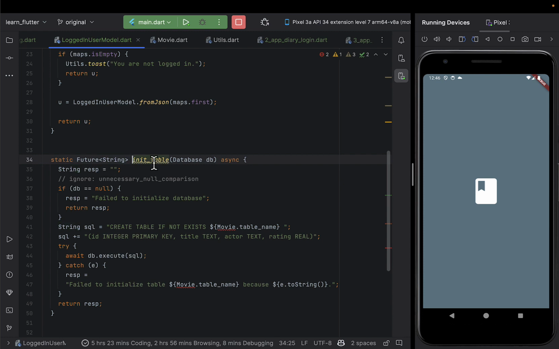This is going to return a string. If it returns something as a string, we'll know that there is an error. If it doesn't return anything, we'll know there is no error. So it will accept a database. If the database is null, it returns from there. After that, we write the SQL create table. If not exists, you must put that one. Our table is right now going to be called logged in user